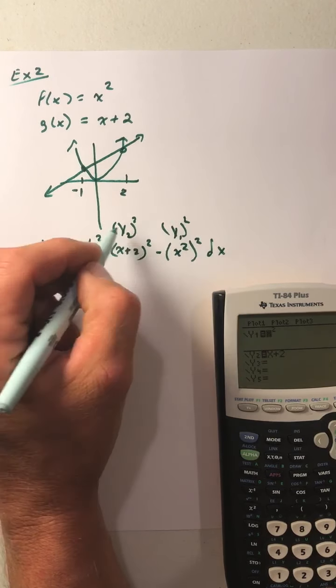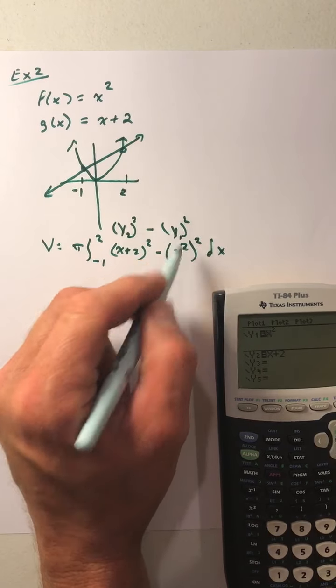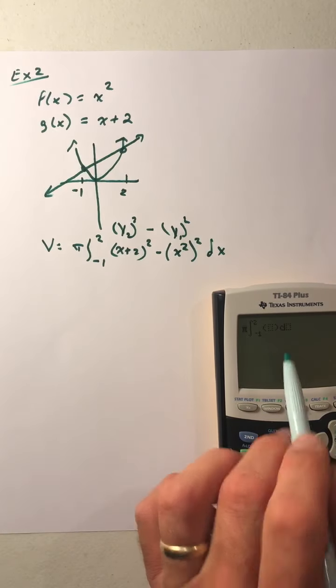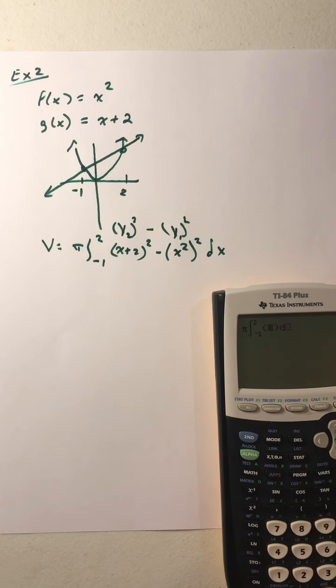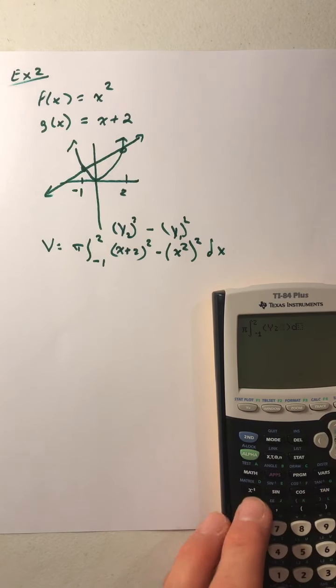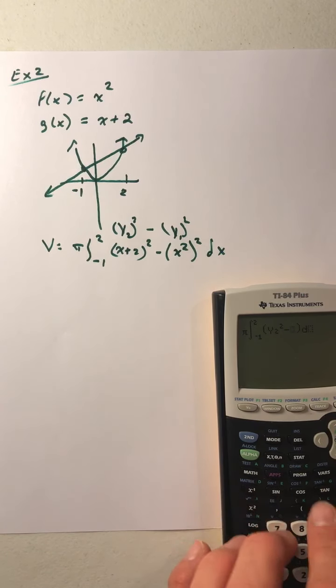So if we think about this as y2 squared minus y1 squared, then we can come over to our integrand and pull up y2, remembering that it's in vars, go to y vars, and then number 1 allows us to pull those things that we've stored in our y equals back into the graphing screens. So we're pulling y2 out, so we'll have y2 squared minus,